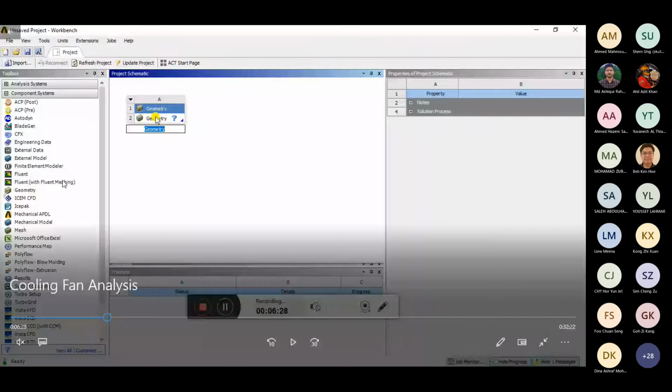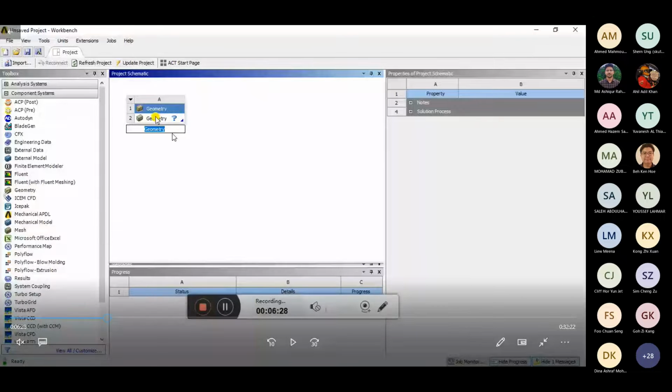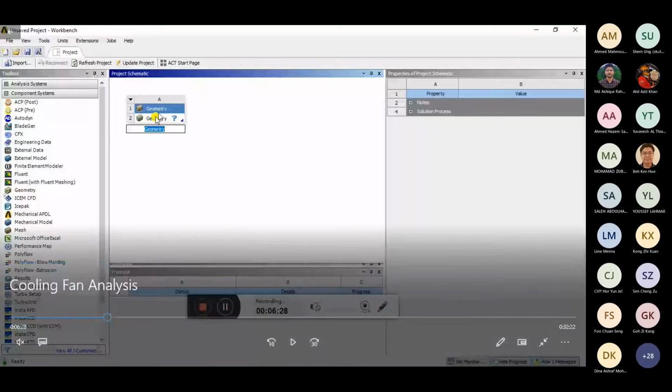The reason is that if I drag an analysis system, then my geometry will be linked to my mesh. So sometimes it gives you some warnings or errors, not all the time. It is based on your operations. So it's always better to make whatever geometrical preparations or repairs you are going to do in a standalone system, in a standalone component, before you go on to the analysis. So I'll just move on to importing geometry.